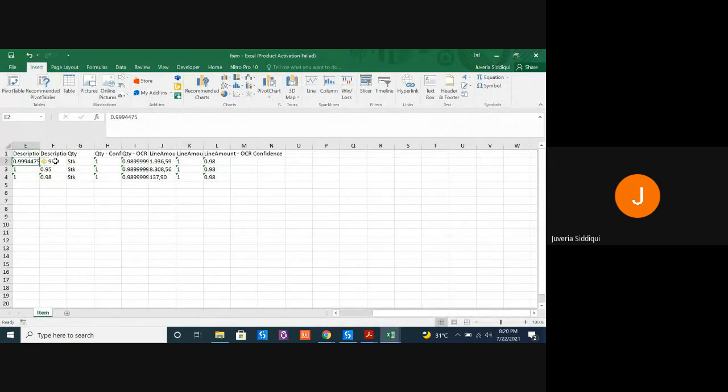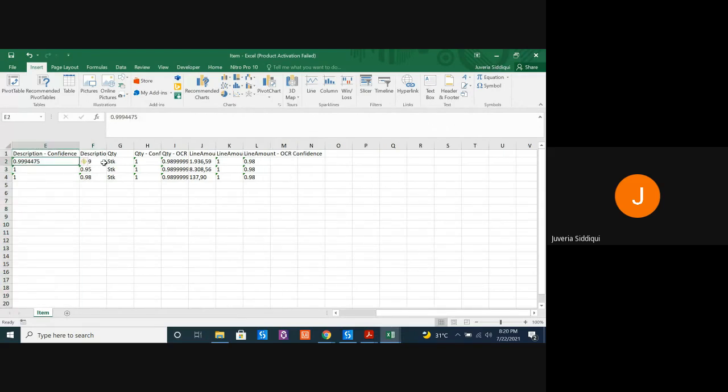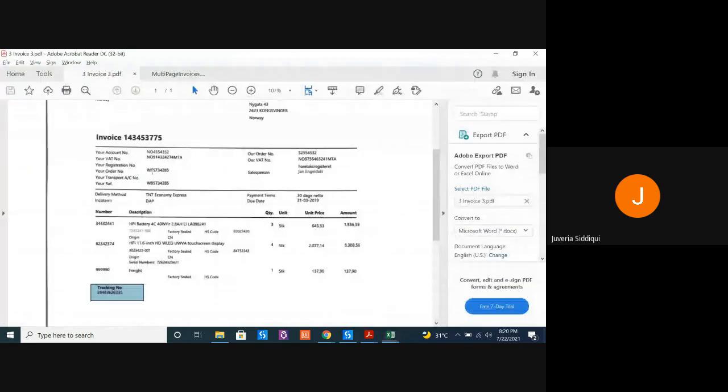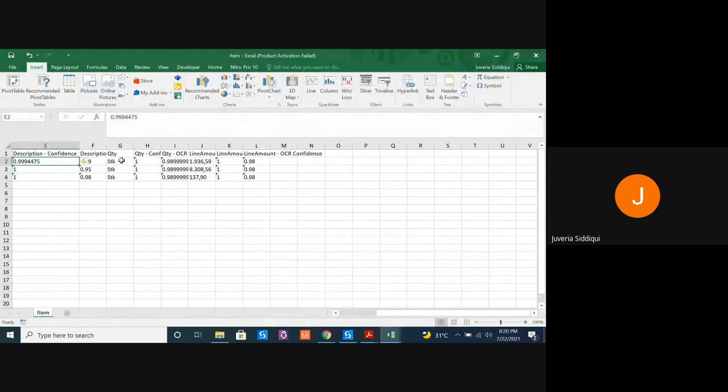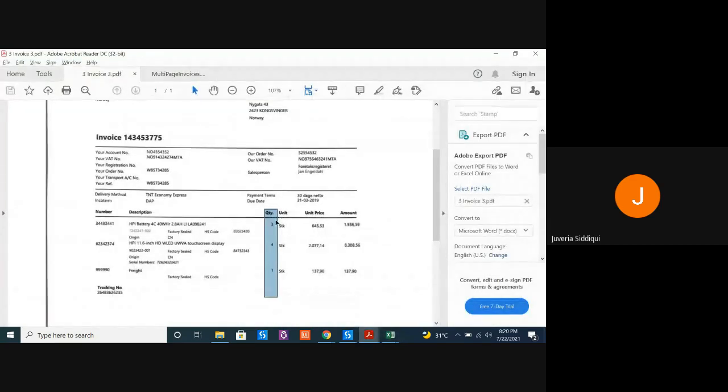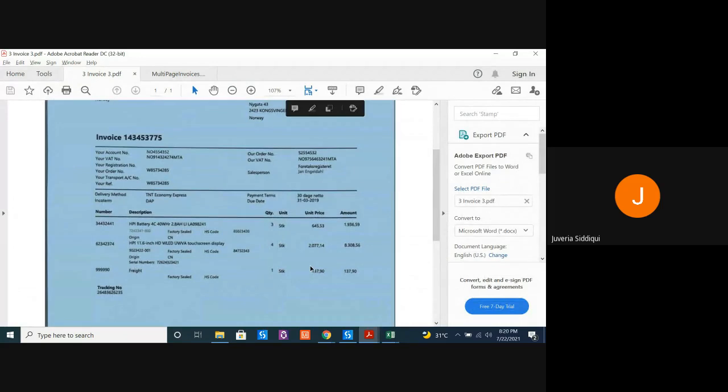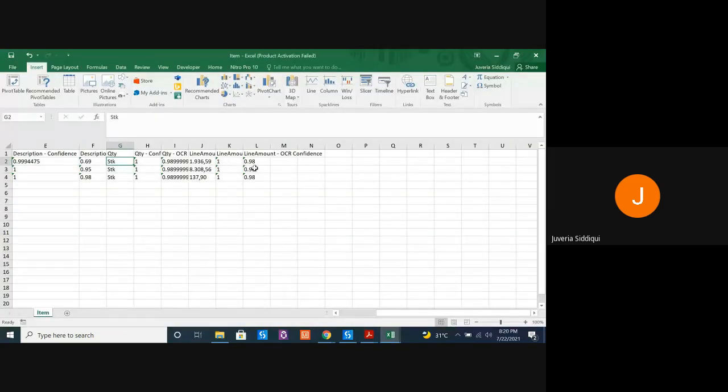And again, you see the confidence level, the OCR confidence and the confidence level of your extraction are also maintained. Then quantity: instead of the quantity, it actually extracted the unit over here. So we can correct this while we train our document, train our bot. And then what else?